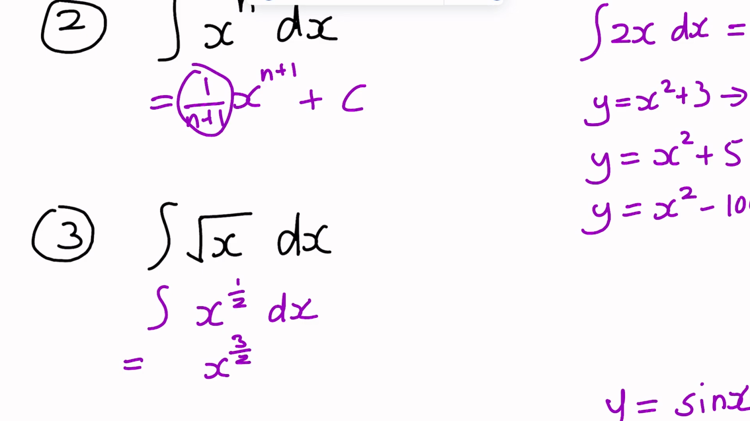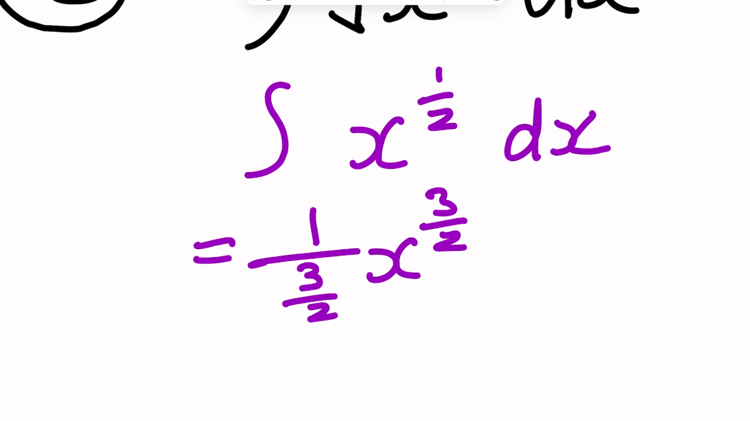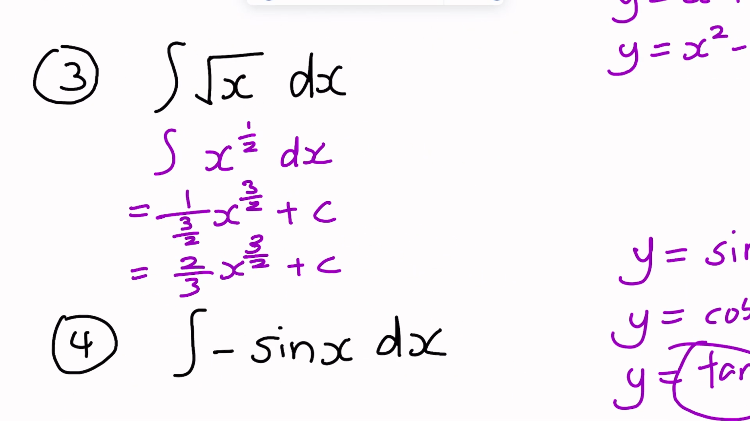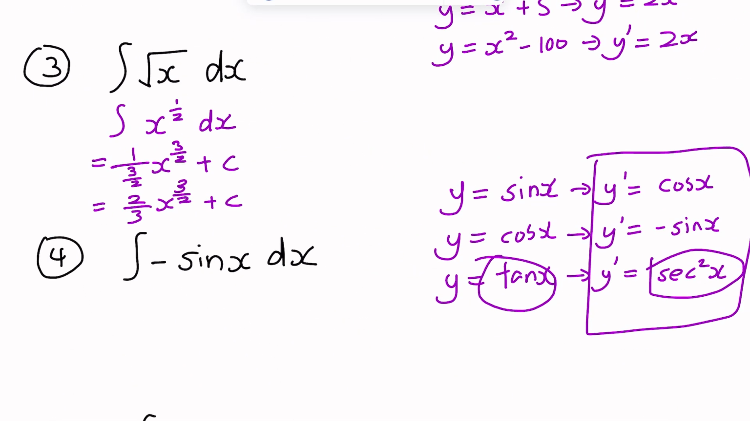And it's always going to be 1 over that power. So it's going to be 1 over 3/2 plus c. Let's simplify it. Whenever you have 1 over a fraction, that fraction flips. So it becomes 2/3 times x to the power of 3/2 plus c. Now let's try to do